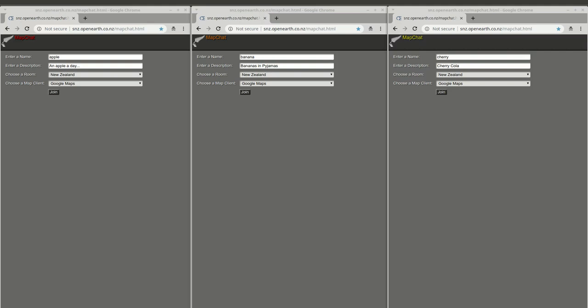This is a short presentation on a map collaboration tool using WebSockets. The idea is to coordinate map viewers across the web. So we have